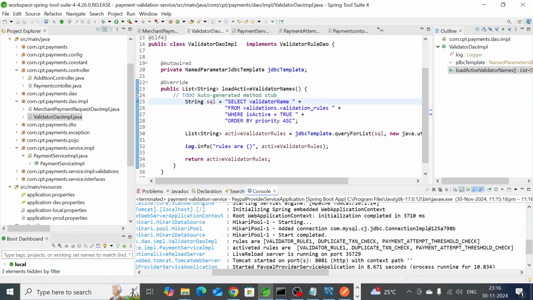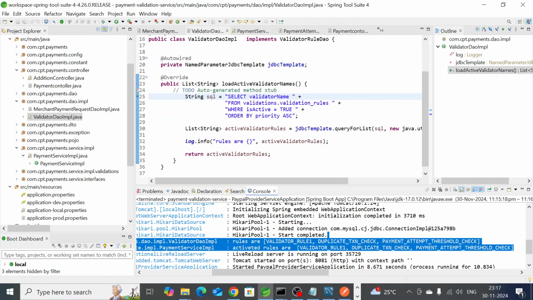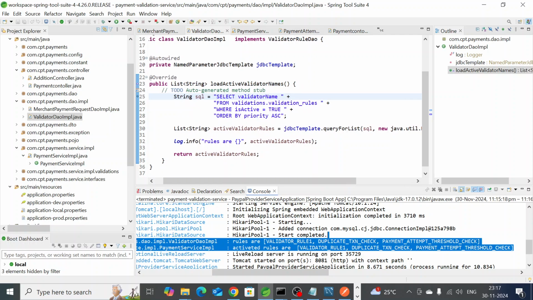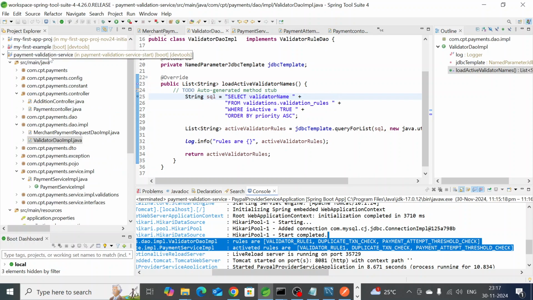Because there was the issue, like, we are able to get only these two rules: valid rule one and duplicate transaction check. So by debugging, we'll know that the third rule is not loading. Maybe in the database we have not inserted those values, or whether there is some other issue. Okay, now we debug as Java application,